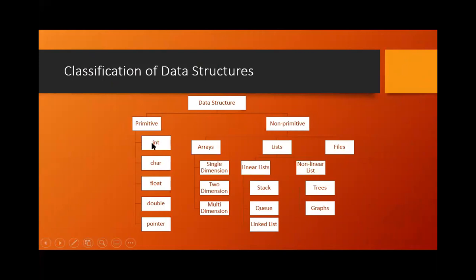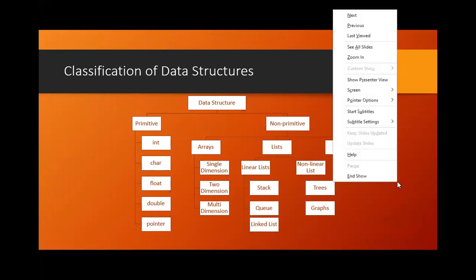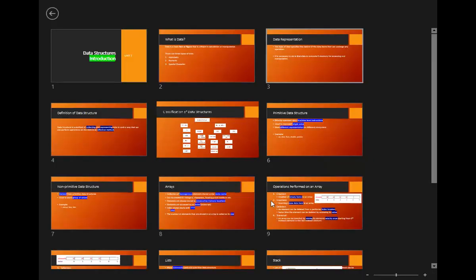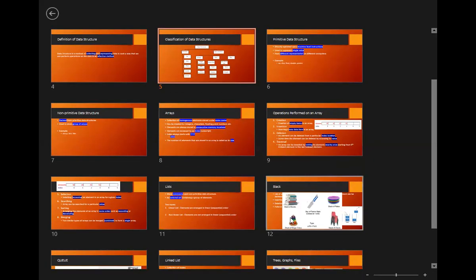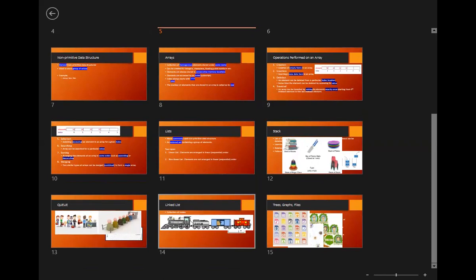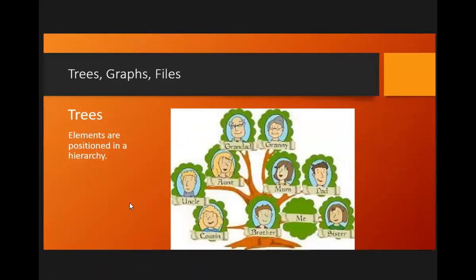In the primitive, again there are some more nodes, and in non-primitive there are some more nodes, and each of these arrays, lists, and files again have their own nodes. It is like an upside-down type of tree, right? This type of data structure we call a tree data structure. Unfortunately, you don't have the in-detail concepts to be studied for trees.